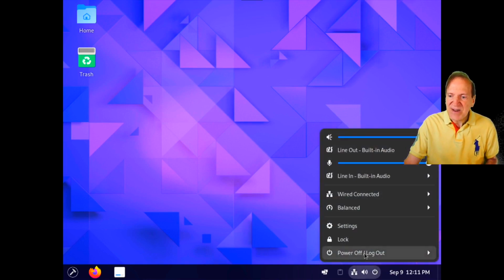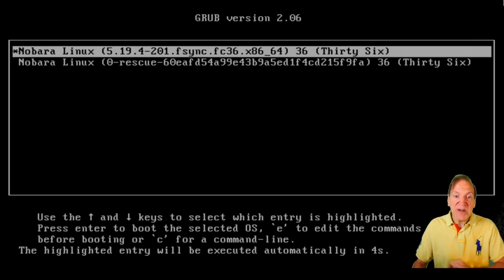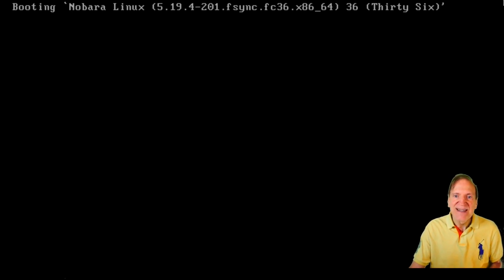And so I'm just going to go in here in our power settings and just power off here. And then I'm going to scooch down a little bit while it's doing all that too. And we're going to restart. Then we'll be booting in. And there it is. There's our Nobara Linux boot screen there, our grub screen. So I'm going to hit that. And we're at